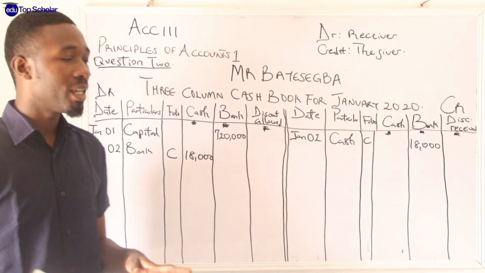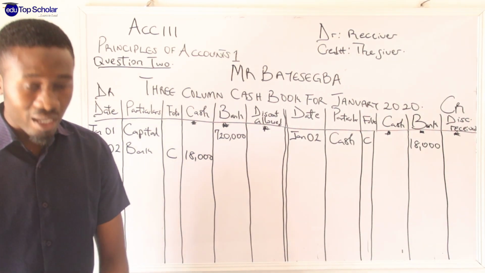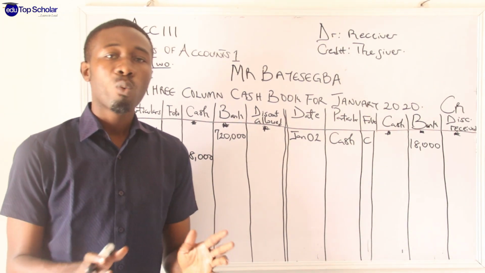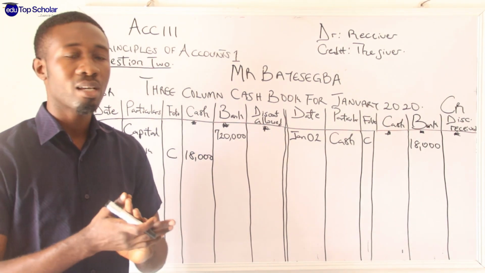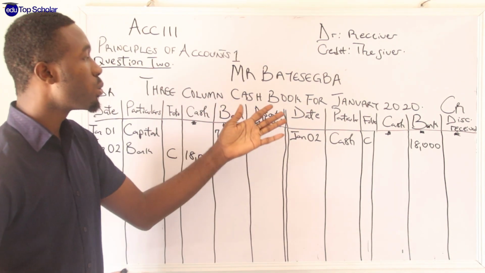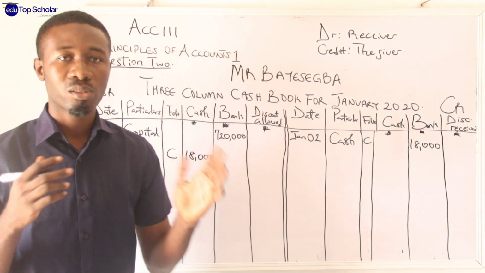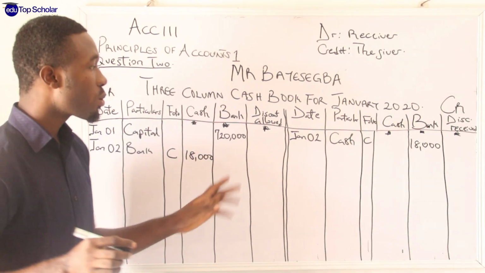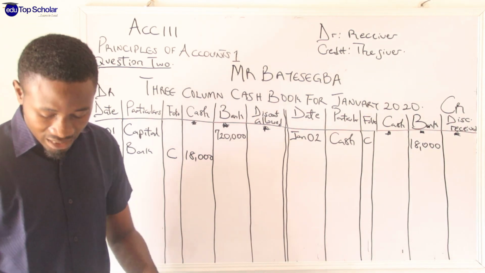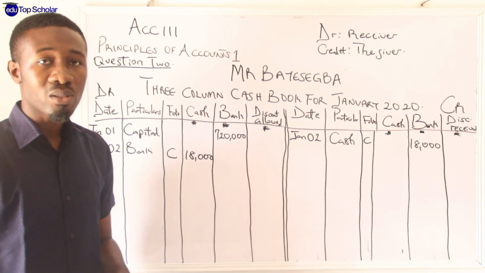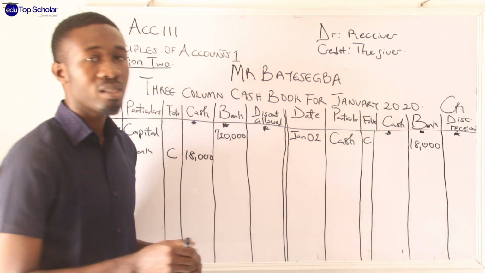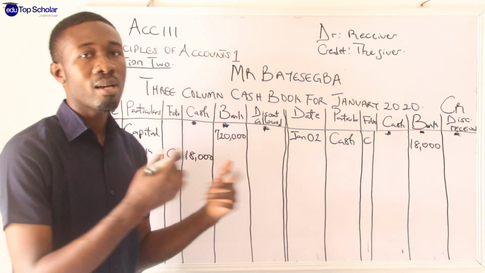This is also very clear. Anytime you see that it is a credit transaction, it means money was not exchanged. Cash was not exchanged. So it doesn't come to this book because this book only records cash transactions. So they said January 3, he sold goods on credit, 150,000 naira to Dada. It means it will not come into this account because it does not involve exchange of